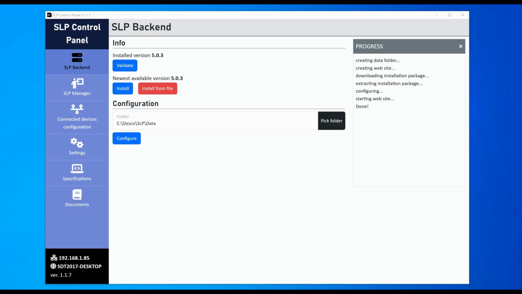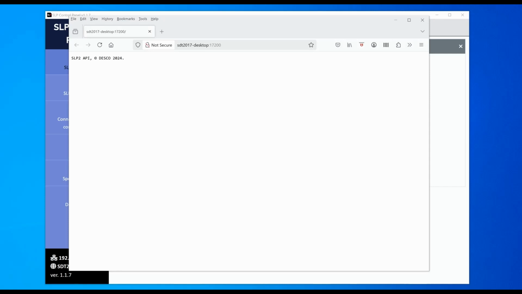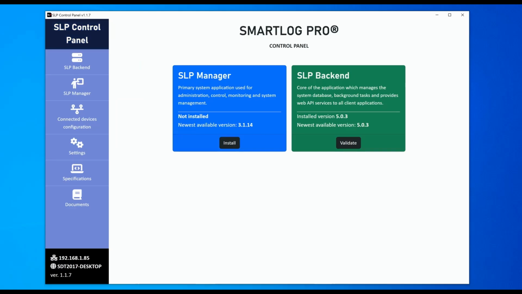Once the installation is done, as shown here, you can click on the Validate button to verify that everything is installed correctly. Your browser should open a web page that will contain some simple text information. And as you can see here, it popped up on the screen. If this text message appears here, that means you're all set. You can go ahead and close the web browser and then click on SLP control panel to return to the main screen,